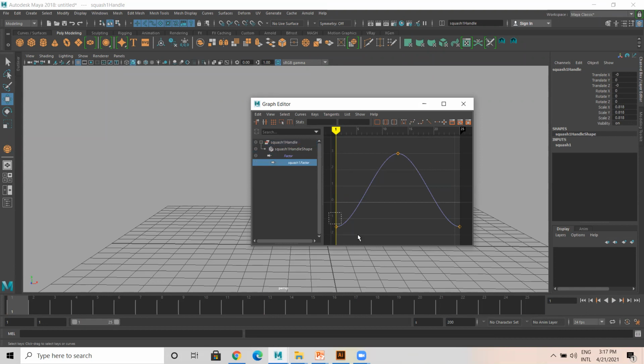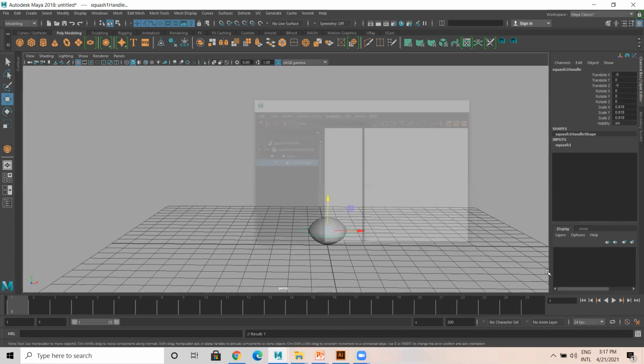The first frame and the last frame, make this linear, and this part you go to curves, weighted tangent, free tangent, weighted tangent, just add a bit value, and you close this.